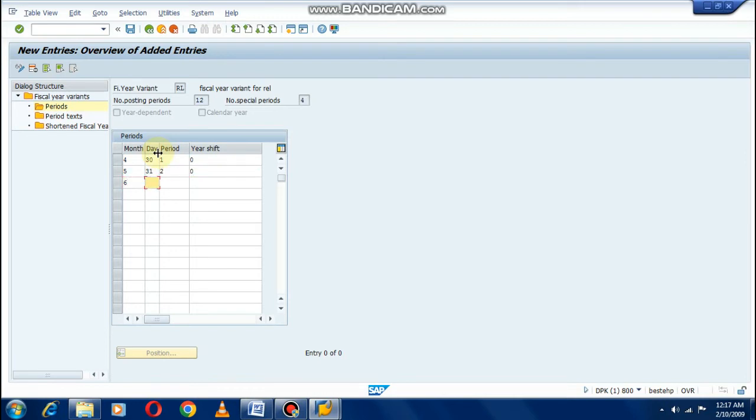June 6th, number of days 30, period number 3, year shift 0. 7 July 31, 4th, 0. 8 August 31, 5th, 0. 9 September 30, 6th, 0.